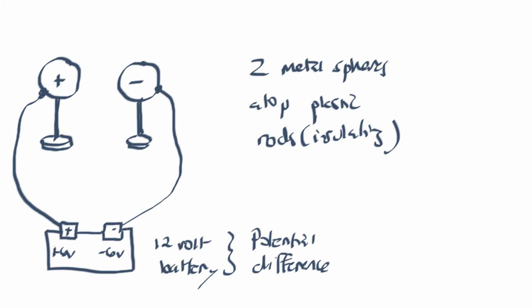And as it does that, the voltage on the left sphere goes down, and the voltage on the right sphere goes up. I guess it gets closer to 0. And when this happens, if the leakage is slow enough, then the battery is able to replenish the charge very quickly, and it keeps the left sphere very close to plus 6 volts, and the right sphere very close to negative 6 volts. So the electromotive action or force that's driving electricity from the positive terminal of the battery is able to replenish this charge very quickly.